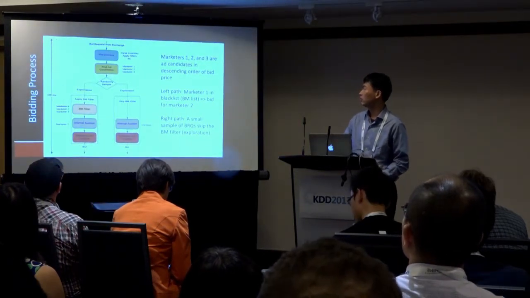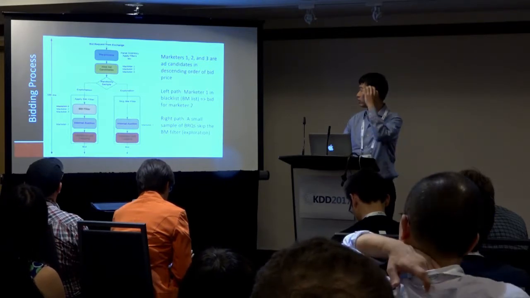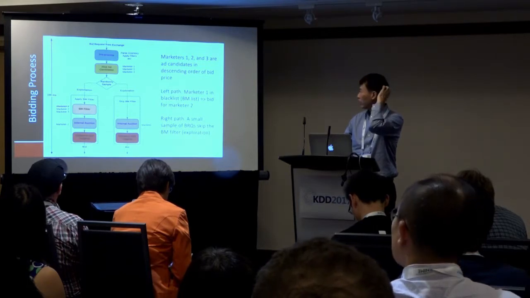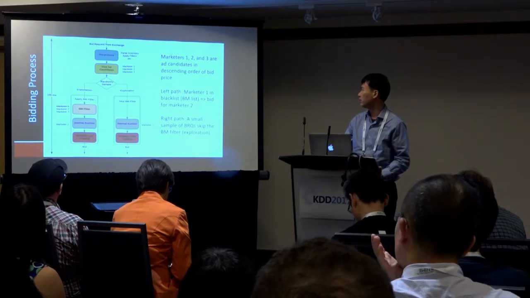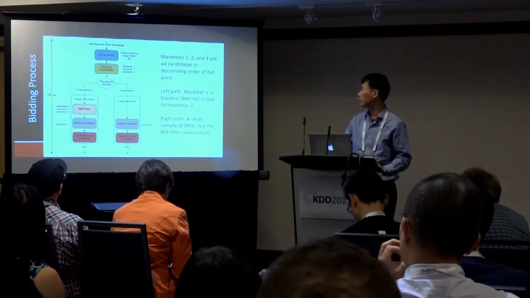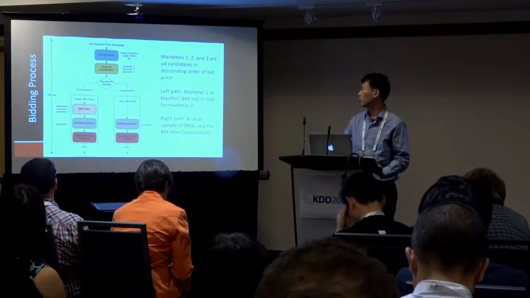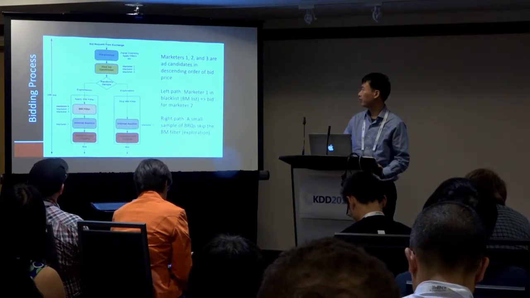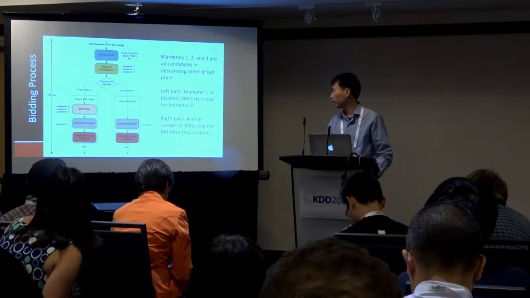So here is a simplified diagram of our bidder. When the bid request comes, you first do some processing, and then we find some ad candidates. For example, in this diagram, we may find 3 ad candidates. These are all qualified for this bid request. And then we want to determine which ad to show. So in this diagram, I have a random sample. But let's focus on the left path, which is most of the time.